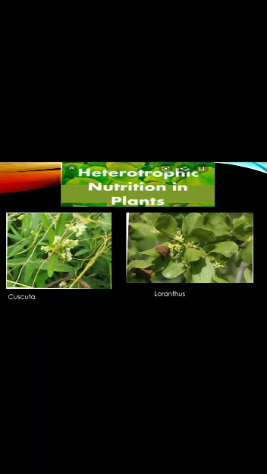You can see in this picture those yellow wires. These yellow wires are nothing but the Cuscuta plant, and chlorophyll is not there. That is why its color is yellow. And if chlorophyll is not there, then how does it get the food? It gets the food from its host plants. It completely depends upon its host plant for food. That is why it is called a completely parasitic plant. You must have also noticed Loranthus that grows on trees. You can see in the second picture Loranthus, which grows on the trees. That is also a parasitic plant.